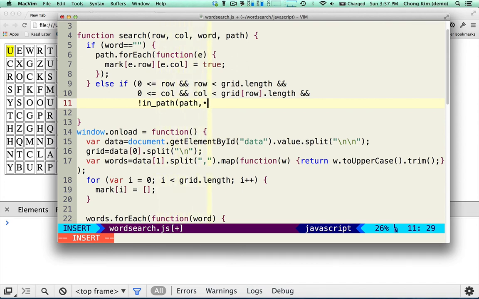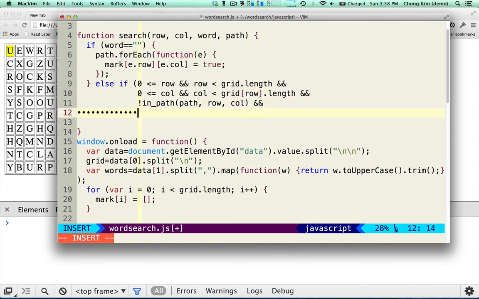Okay, and then we give it the path and the row and column information. We're going to define this function later. Okay, and the final condition is if the letter matched. So the letter would be an O, I mean the starting with 0. So the 0th of the word is the first letter, and if